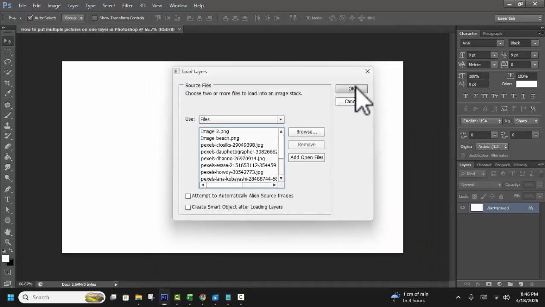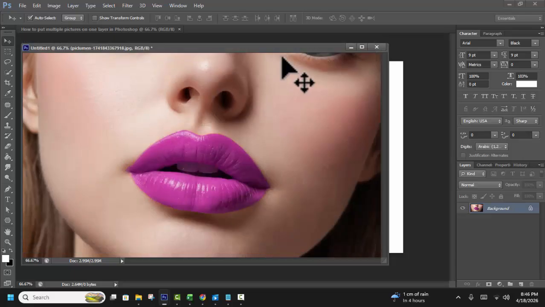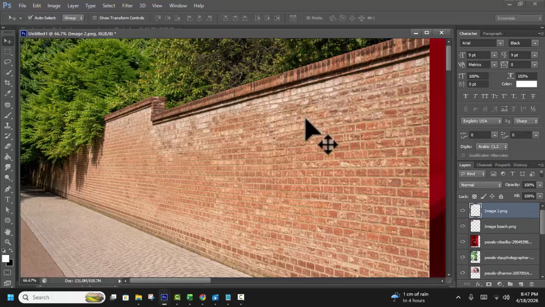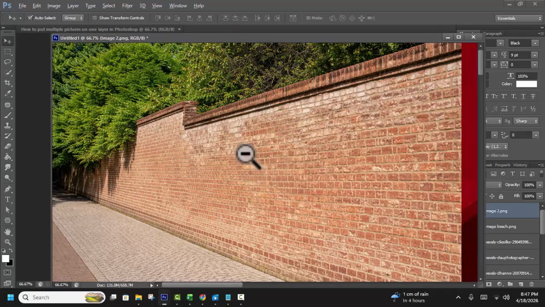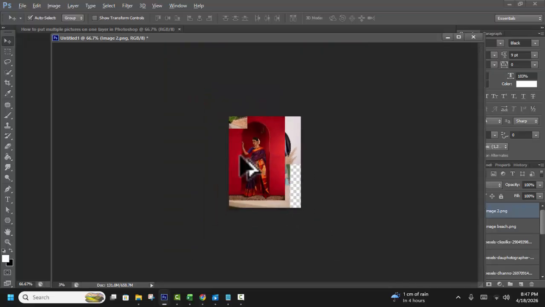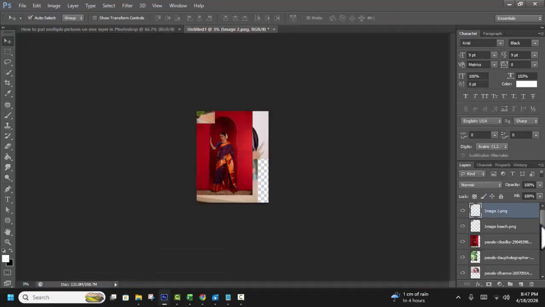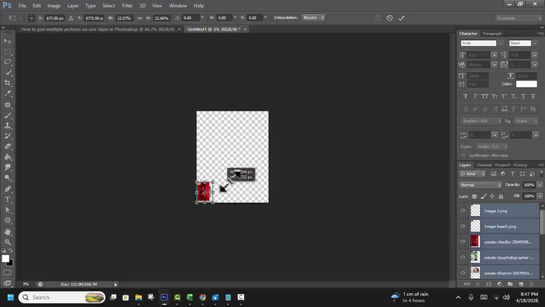click OK. Then wait 5 seconds or some moments, loading these multiple image files. Okay, then zoom out, click on the first layer, then hold Shift, click on the last layer, then select all images, then press Ctrl T, hold Shift and resize,